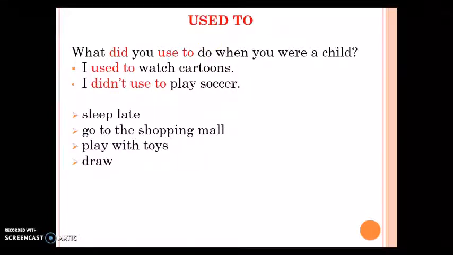Okay, you have some verbs here. For example, sleep late. So you are going to use these same